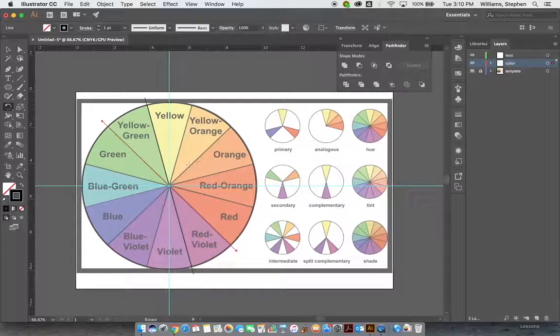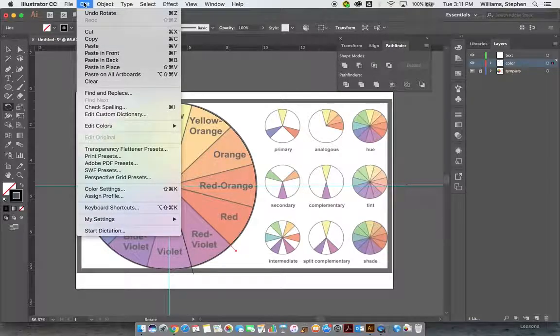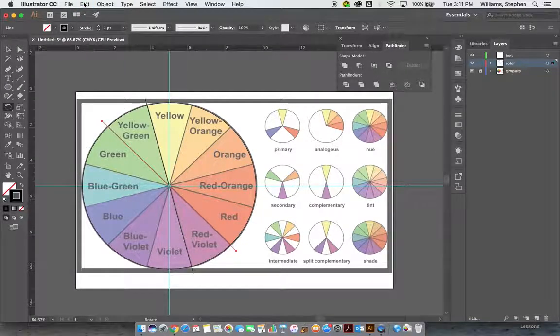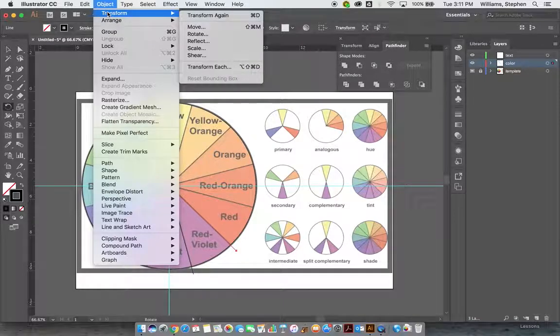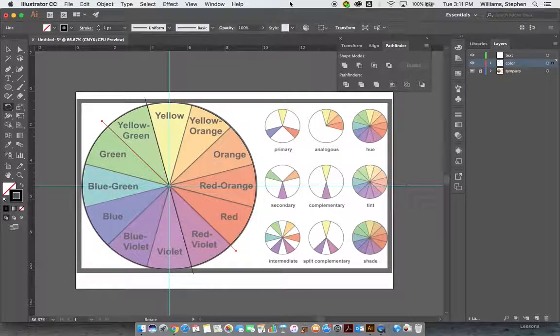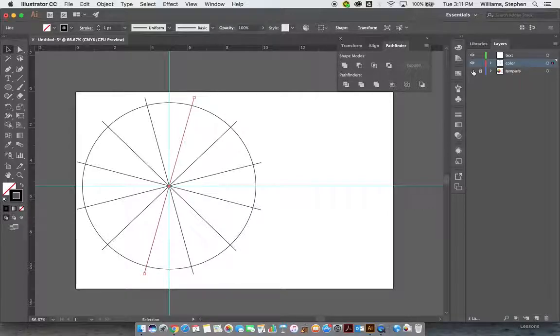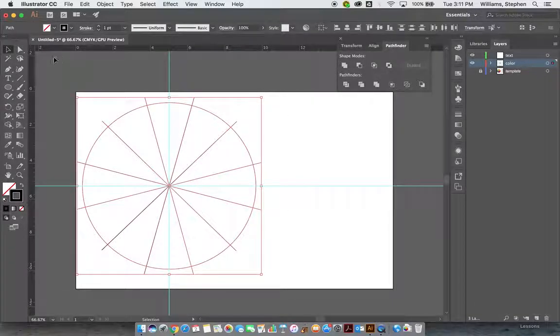Now what we want to do is redo that last thing that we did. So we're going to use the duplicate key. Command D is the duplicate key, or Transform Again. I call it the duplicate key just because it's D. So I'm going to do Command D again, again, and again. Now if I hide the template, you can see that I have this wheel with these spokes going out. What I want to do next is select all of those objects with my black arrow,